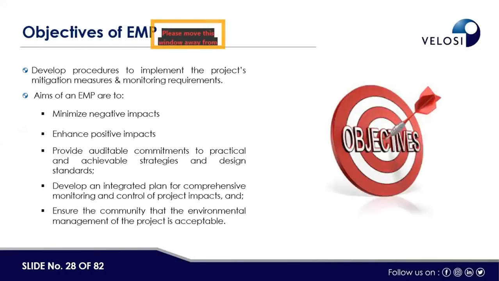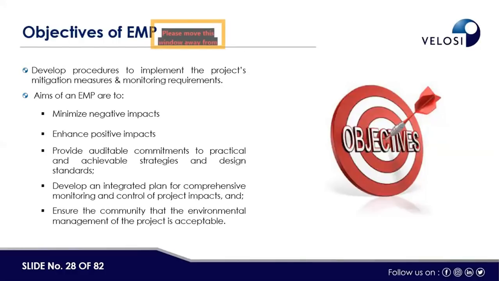The objectives of the EMP. The first one is to develop procedures to implement the project mitigation measures and monitoring requirements. The aim of an EMP is to minimize negative impacts. This is one of the major objectives of the EMP, to minimize the negative environmental impacts. Then we can increase the positive impacts as well, and provide auditable commitment to practical and achievable strategies and